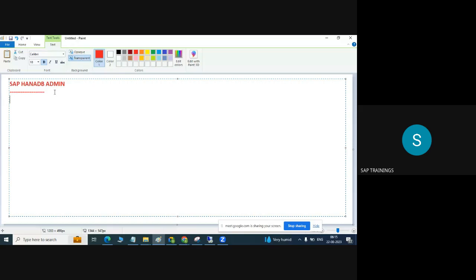Then the software requirements. What software do we require here? To install the HANA DB, you require the SAP HANA DB software, right? Then the SAP HANA client is also required here. Then the third one,